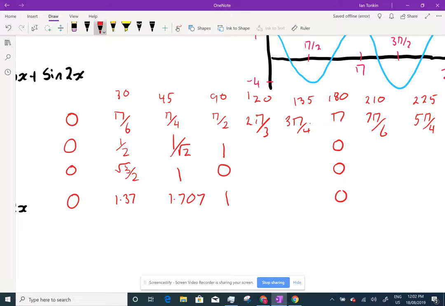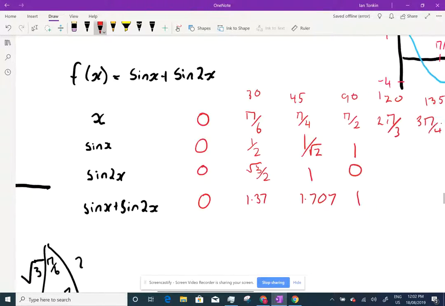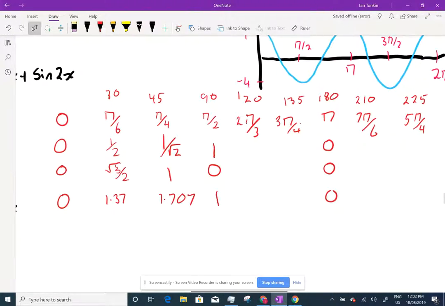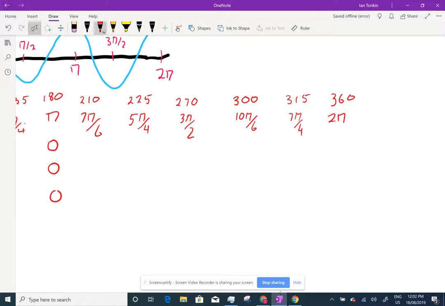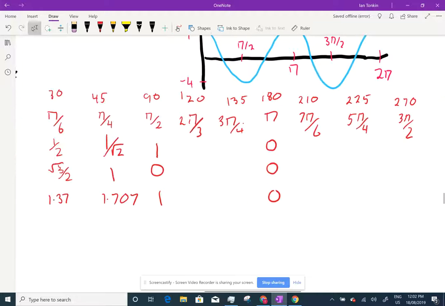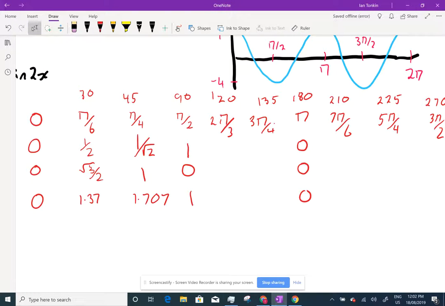So there's your 0, 0 at the end, or one of your zeros. And when you get over here, sine 360 is 0, and you double that, sine 720 is 0, 0, 0. And you get these points and you plot them all along, and you'll find that they'll be the same values,